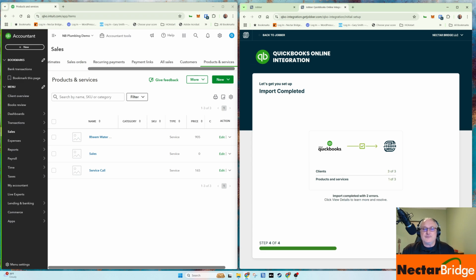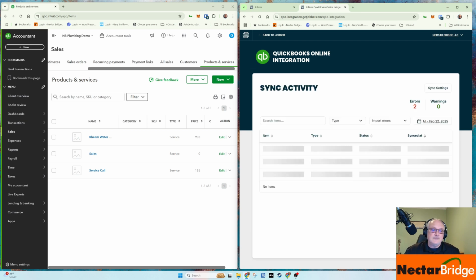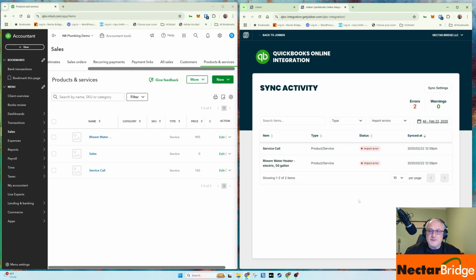Sometimes I use the term source of truth. Which set of software here do you really want to be the source of truth? Which do you want to keep? And as is often the case, life is messy, so you might say, oh, this particular customer is right in Jobber, this particular customer is right in QuickBooks. So it'd be good to do some pre-planning, make sure one environment or the other is the one that has all the right answers, and think carefully about which way you're going to do this if you're doing it for real. But as I said, I'm just here to make a mess and see what happens,